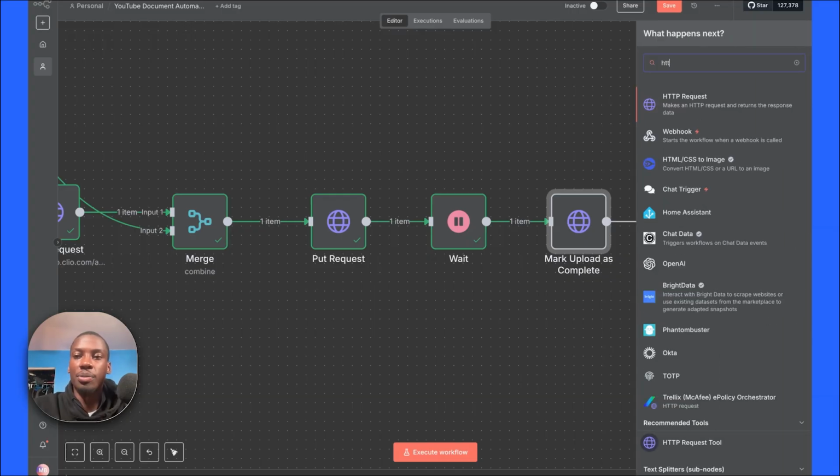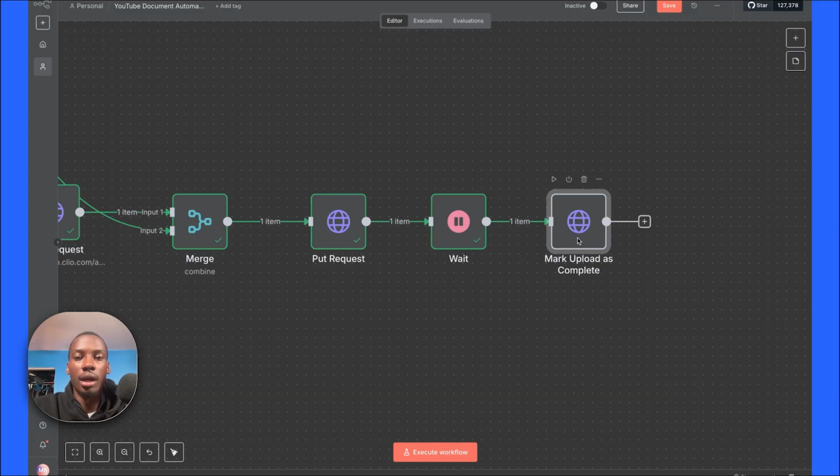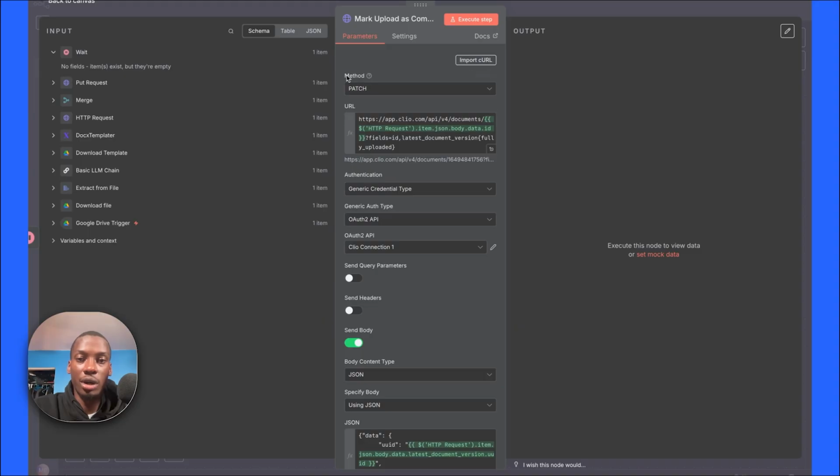You're going to search for HTTP request, and then I'll show you how to configure it now. So the method that we're going to be using is a patch method. Patching just means that you're sort of updating a record that already exists. So we're going to select patch as a method, and then we need to configure a variable within our URL,